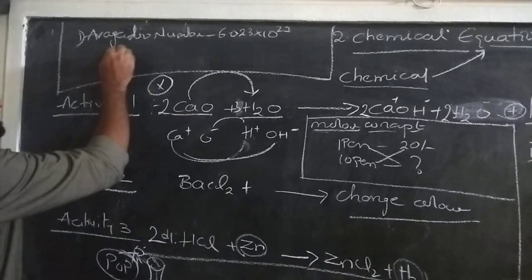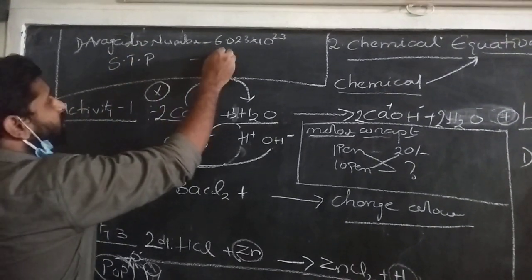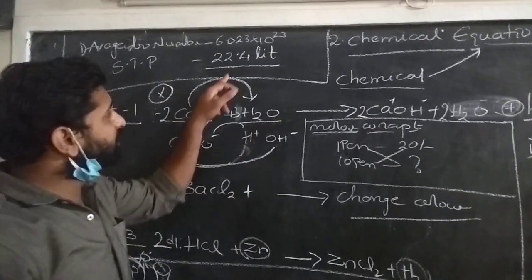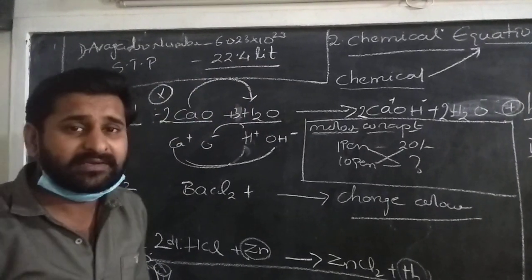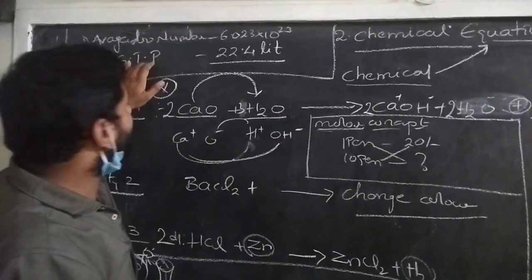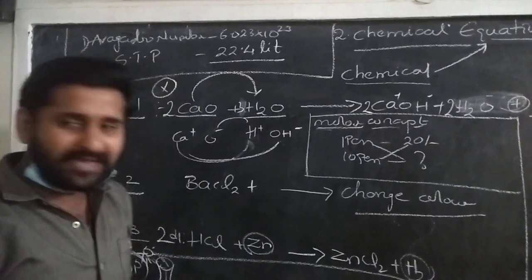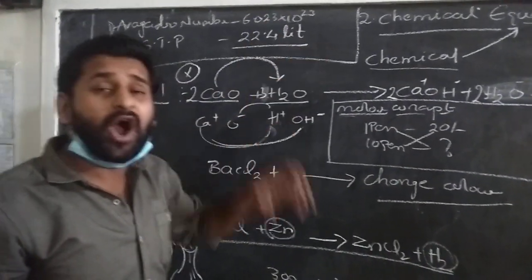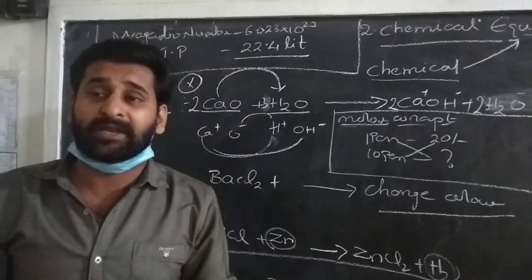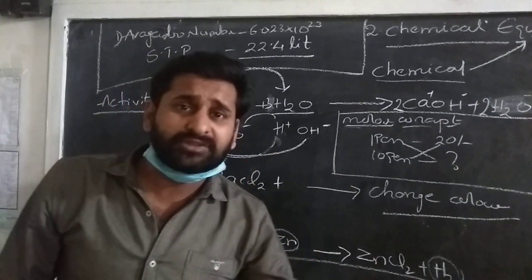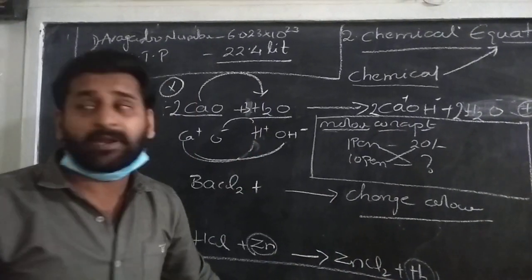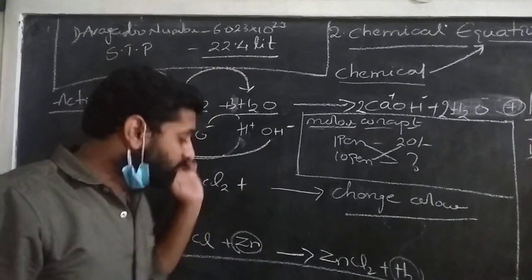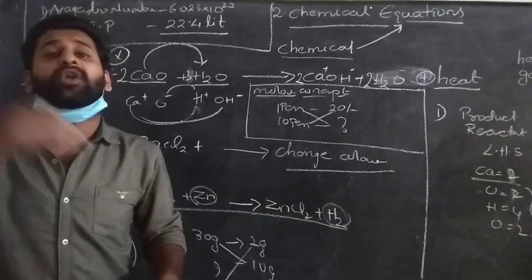Like this, we have standard temperature pressure. It is nothing but 22.4 liters. Volume can be considered in liters itself. Okay, so 22.4 liters is nothing but standard temperature and pressure. As gases are released, the volume of gas to be released is linked to the standard temperature pressure. So due to that, we need to multiply the gas with the STP value. What is our STP value? It is 22.4. So you will multiply the value with the equation which you are going to get.